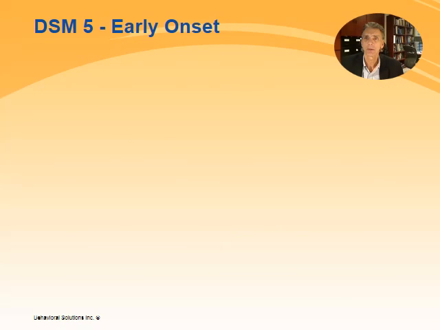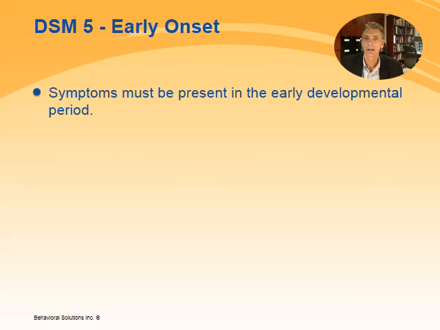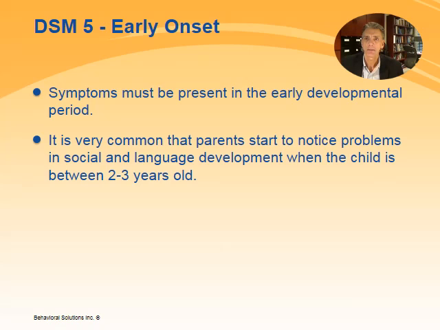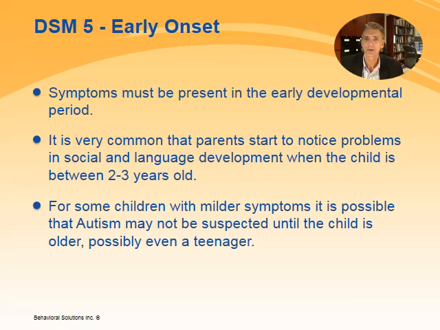The issue of when symptoms were first noticed is essential for making a diagnosis of autism, as compared to possibly a different diagnosis. This can become an issue for children with milder symptoms who may not be brought to the attention of a diagnostician until they are much older. At this point, parents sometimes have difficulty remembering if their son or daughter showed such symptoms in early development. This can be particularly challenging for immigrant families, not only due to a possible language barrier, but also to issues surrounding the timing and reasons why the family left their country of origin, as well as cultural parenting factors.